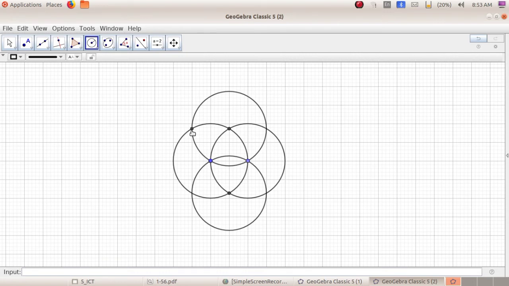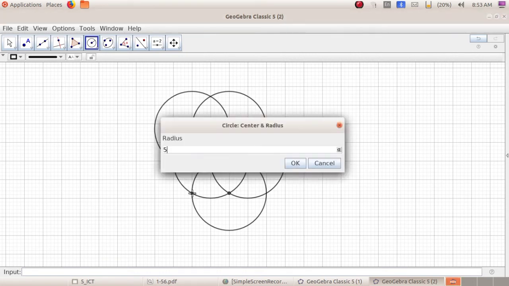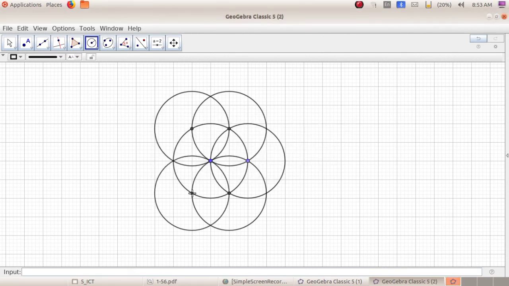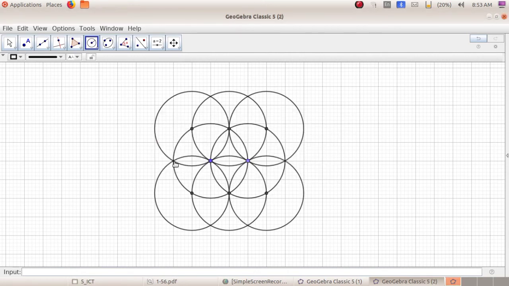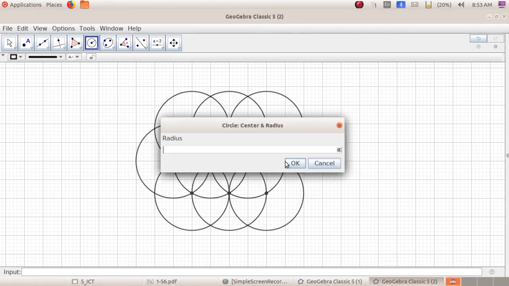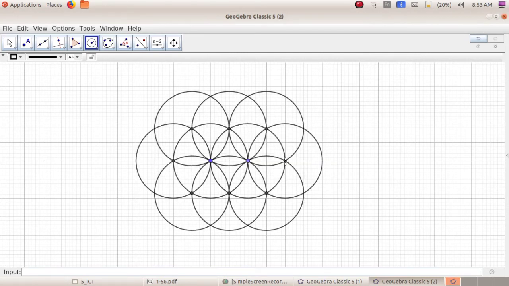Now we can draw all the circles with the same radius, that is 2. Likewise, we can draw the floral carpet.